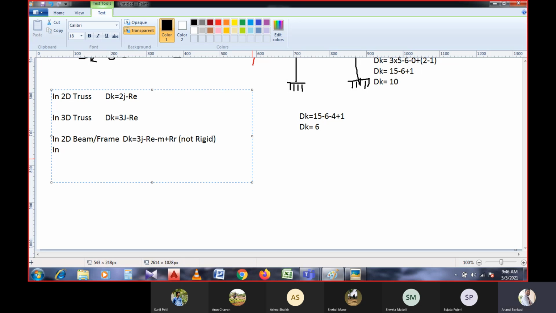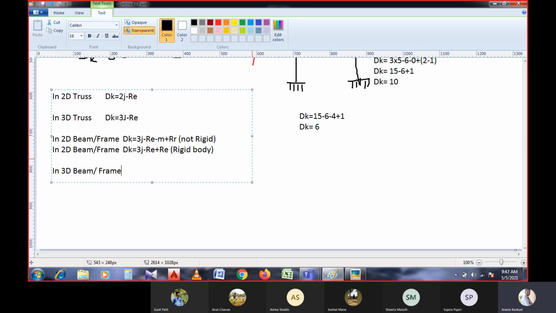Same thing I will write in 2D beam or frame. The DK value will be 3 times the joints minus external reactions plus RR, since it is a rigid body, right? So at the same time, in 3D beam,